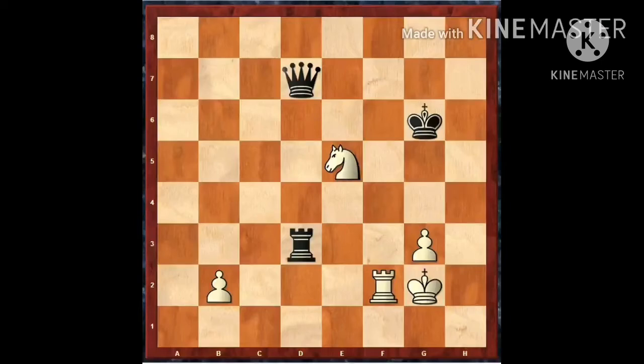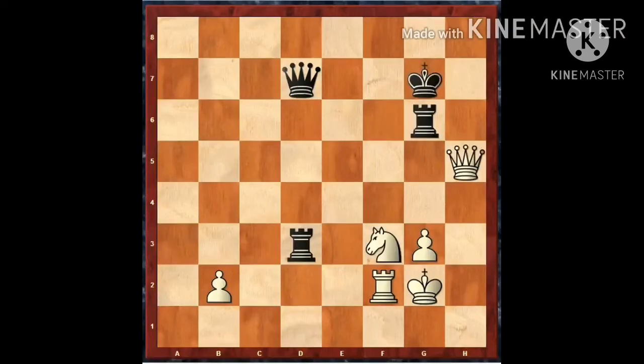We have to bring the king or the rook or the queen to the forking position. So in the next diagram we will see how a forking position is created. See, in this position the king is on g6. In the next position the king is on g7 and the rook is on g6. So here the rook is on g6. So how to create the position?